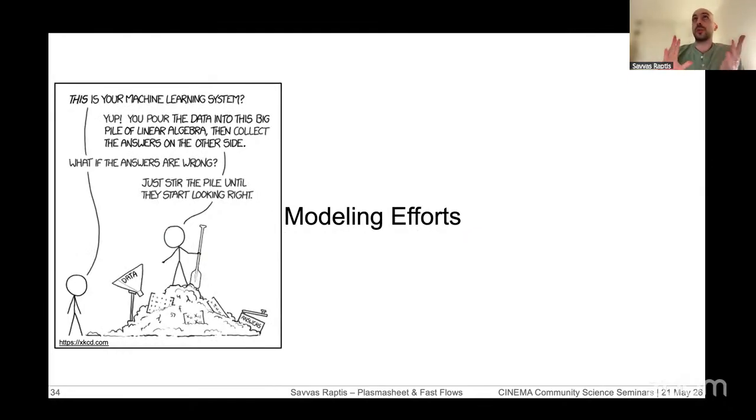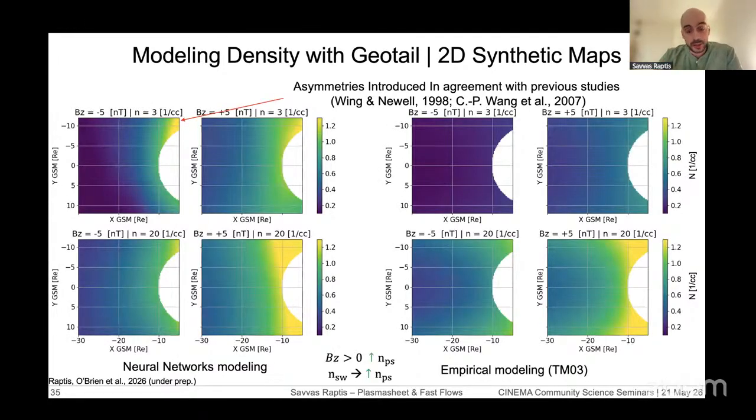So after we determine that with the actual data, we can do a good job at reproducing them, the next question is, what can we do to model different conditions in the plasma sheet? And that's basically what we try to do in a similar fashion to what the Tsyganenko-Mukai model and others did in the past. And here you can see a comparison between the two different efforts. On the right is the empirical modeling from Tsyganenko-Mukai, which, as you can see, is a symmetric model. Therefore, whether you're at the dawn or the dusk, it creates basically the same picture. And you can see in its subtitle what the driving conditions are.